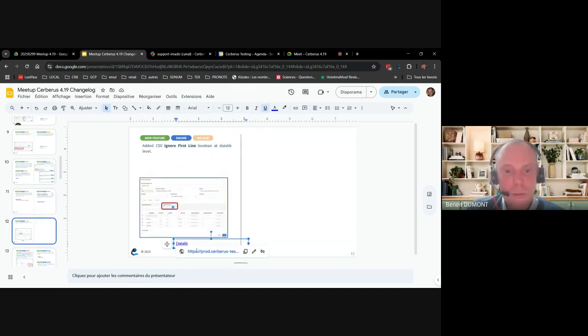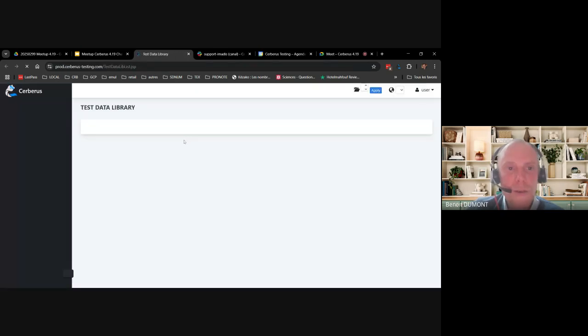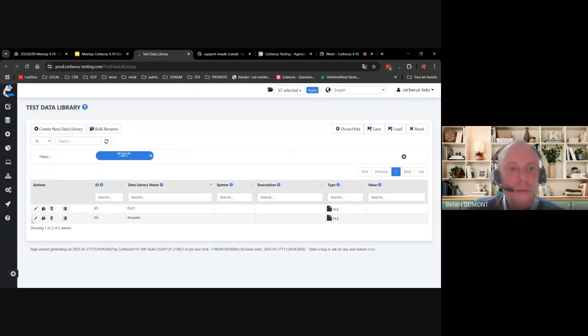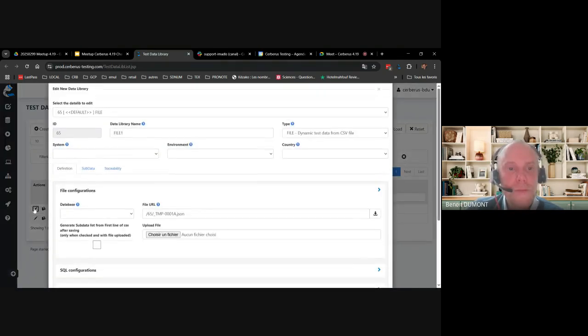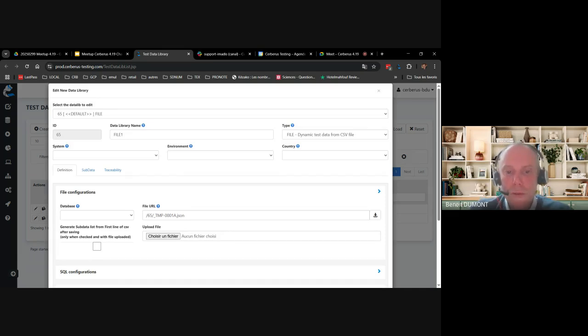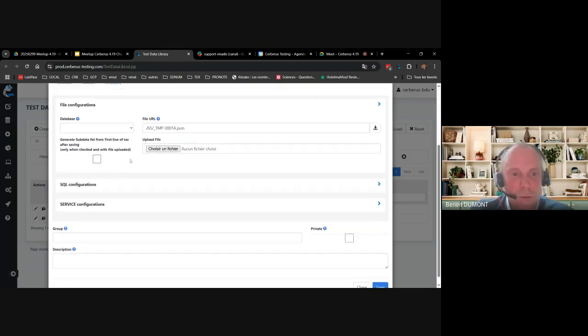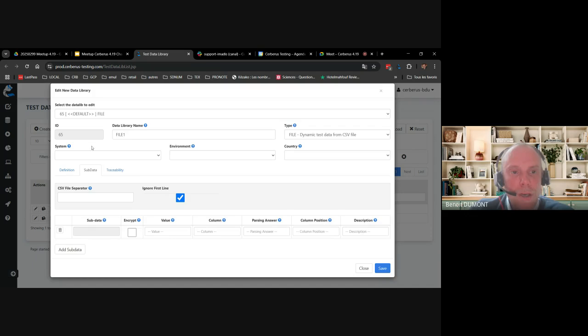Next small modification we've done is a couple of layout modifications on the datalib combo. For example, we have introduced a new flag that allows you to ignore or not the first line of the file.